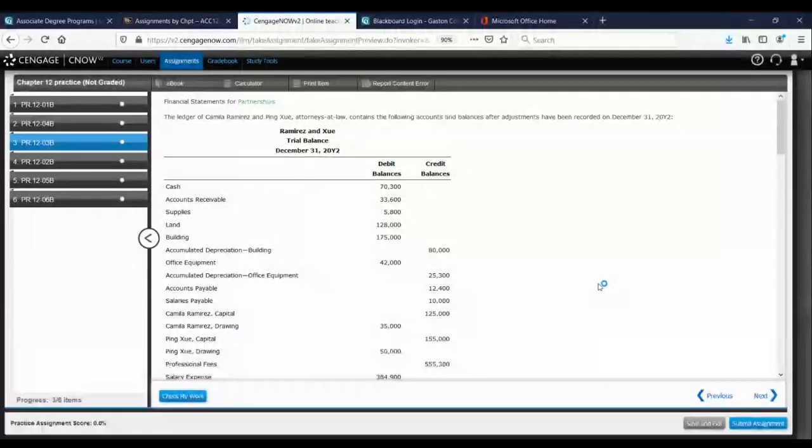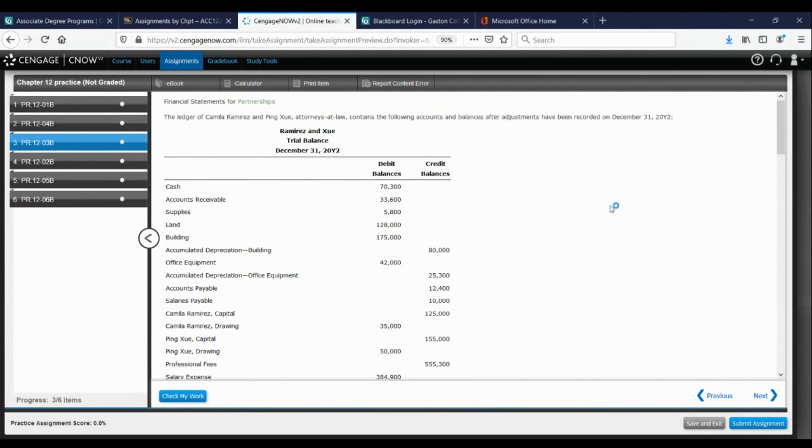Today's lesson is going to be Chapter 12, Problem 3-3B. Chapter 12, Problem 3B. If you'll bear with me just a minute while I get Cengage loaded up. All right, you should be able to see problem